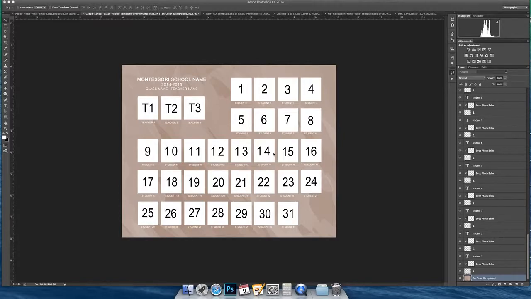I'm just going to show you some basic Photoshop skills to use a template. This is a school photo composite sheet, and I have it set up so that there are a maximum of 31 students and actually there's a hidden fourth teacher if necessary. So after you open the file,